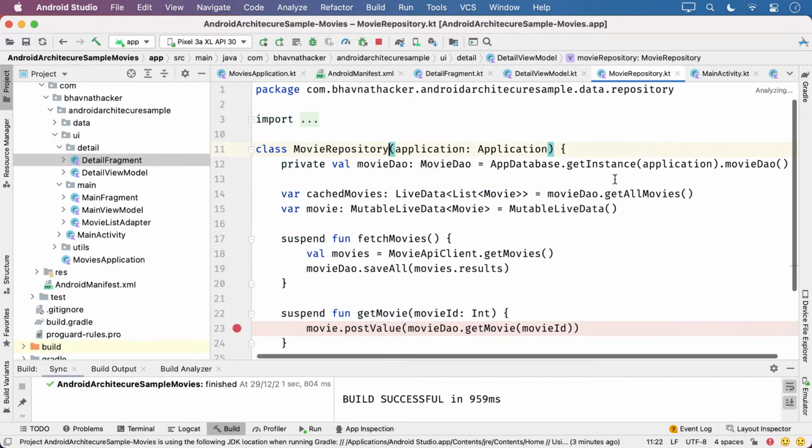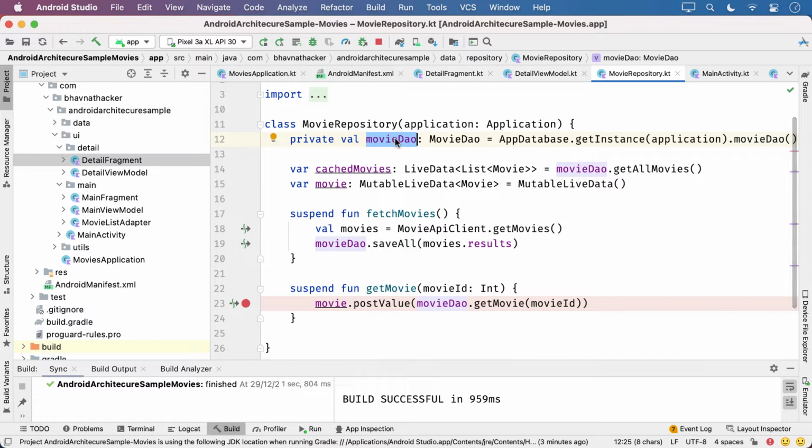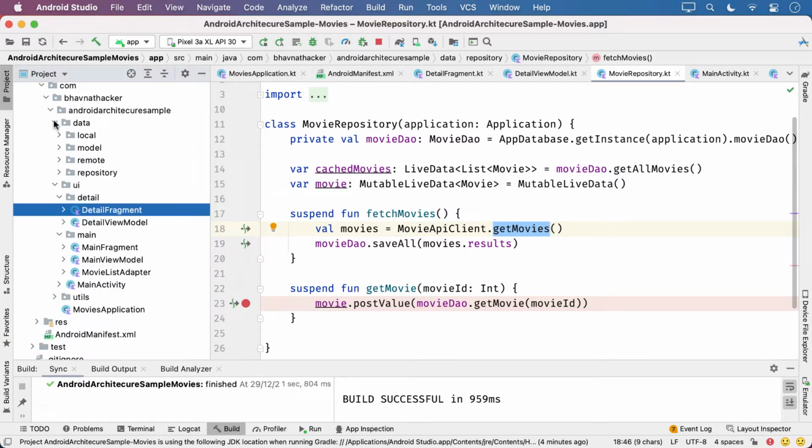I go to the repository, it has a dependency for DAO. The movie DAO you need to get the data from the local database, and then you are calling movie API client.getMovies. This is a remote call. So we are going to migrate all these dependencies. First, get hold of the last part, that is the local and remote database, and we will come to UI. So in the structure, we'll go from bottom to up.